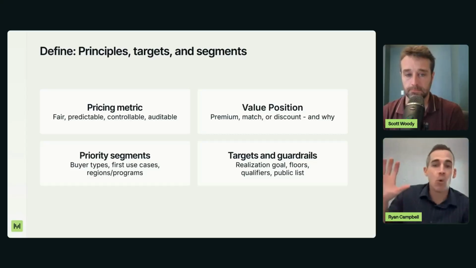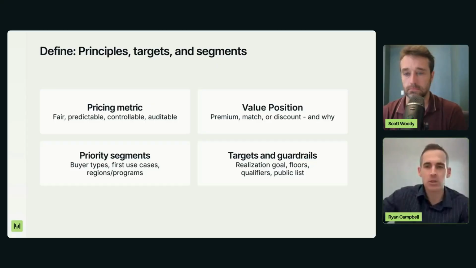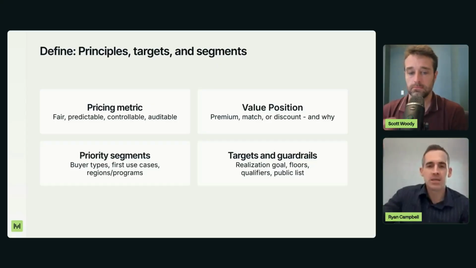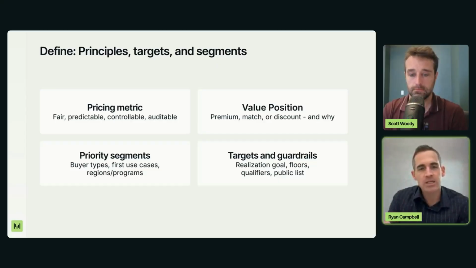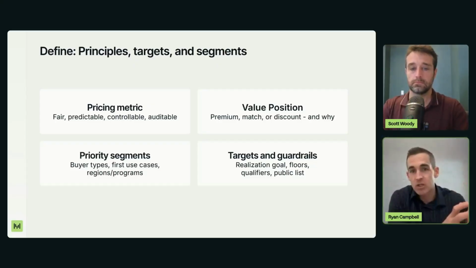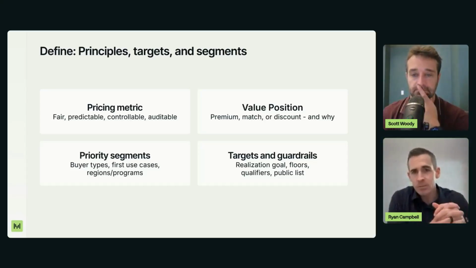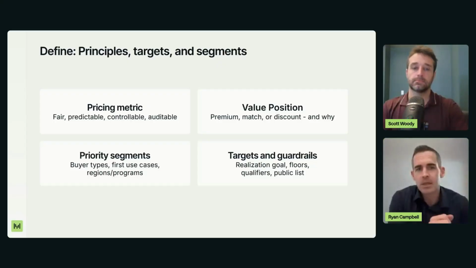Now, once you're starting to define what that is, product's going to have a lot of thoughts, right, about the user model, the persona, and some of the technical considerations. I think the thing that we try to come in and reinforce is, from a pricing perspective, what is our value prop? How do we want to position this, right? Is this a core extension of the existing platform, where our goal is really just to make sure we cover costs? Or is this actually a super differentiated feature that's unique and that is maybe going to cause Snowflake to be perceived as higher value, in which case you'd be more focused on a premium?